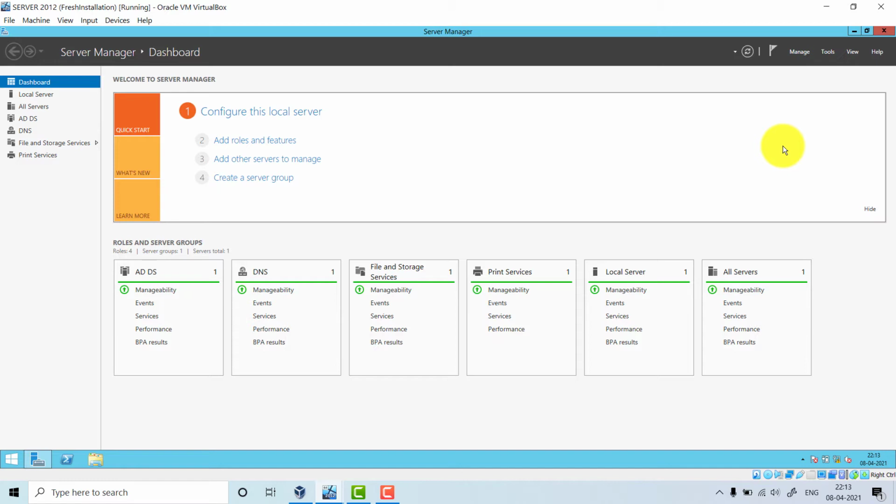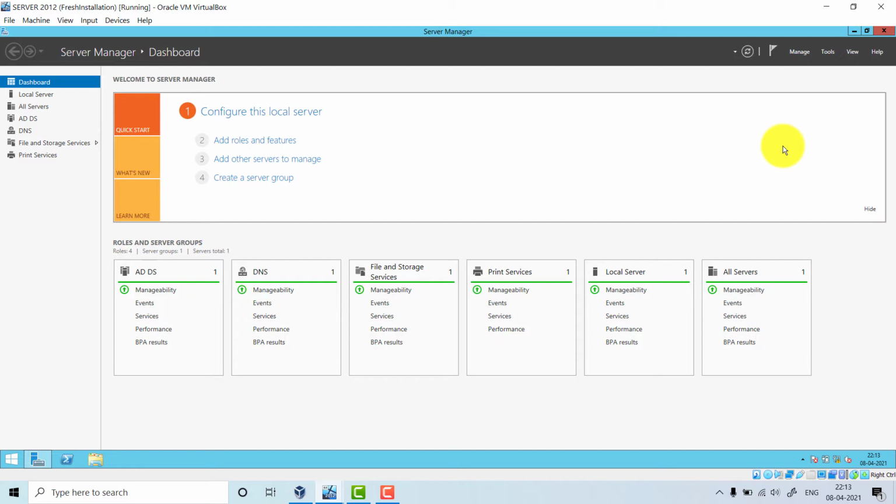Any application that needs NetBIOS resolution, or that uses NetBIOS names, needs the WINS service to be installed. If you don't need NetBIOS resolution, then there is no need to install it.